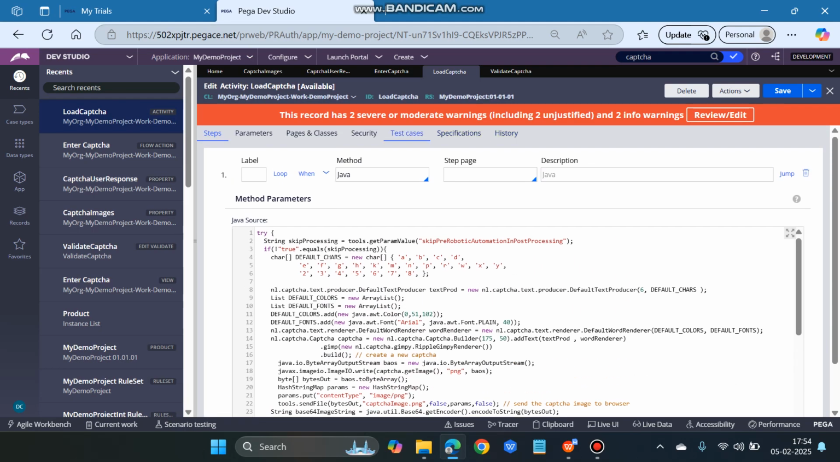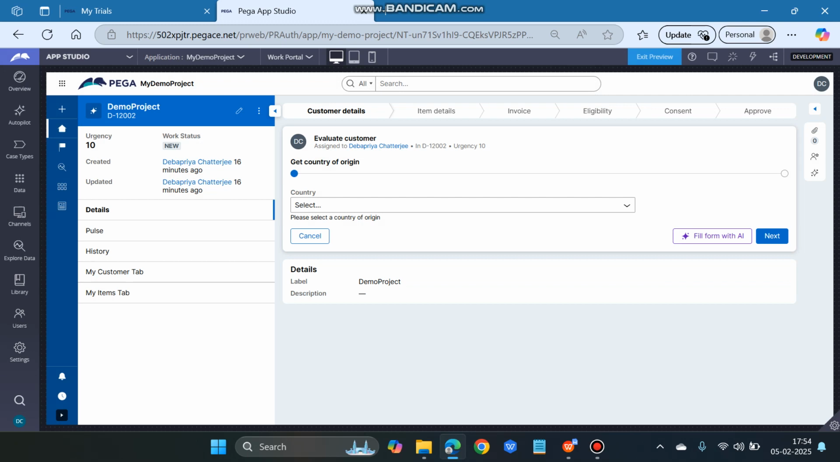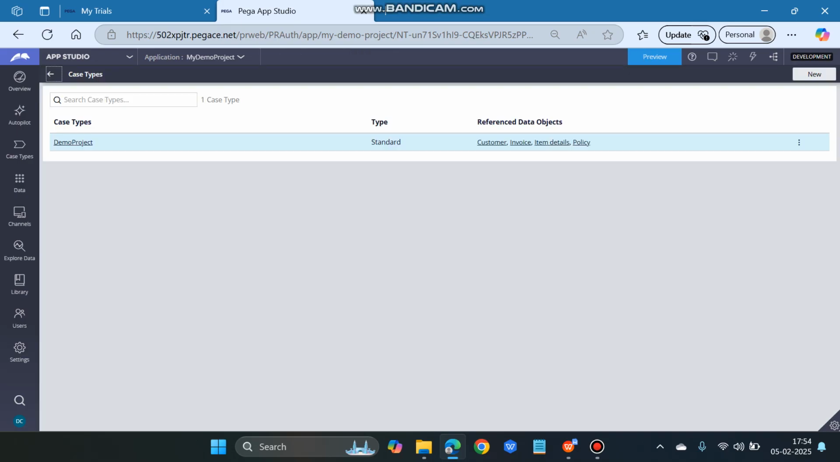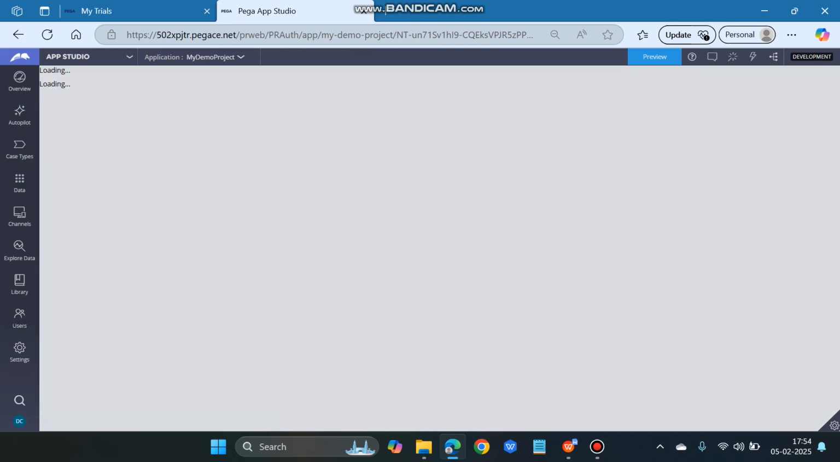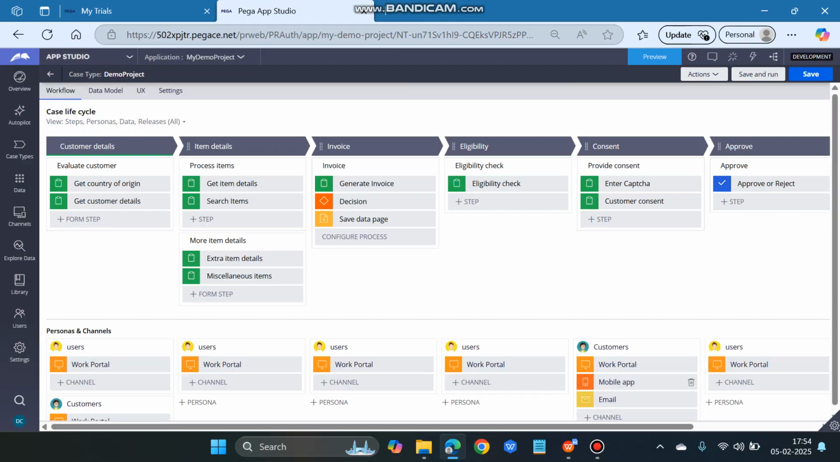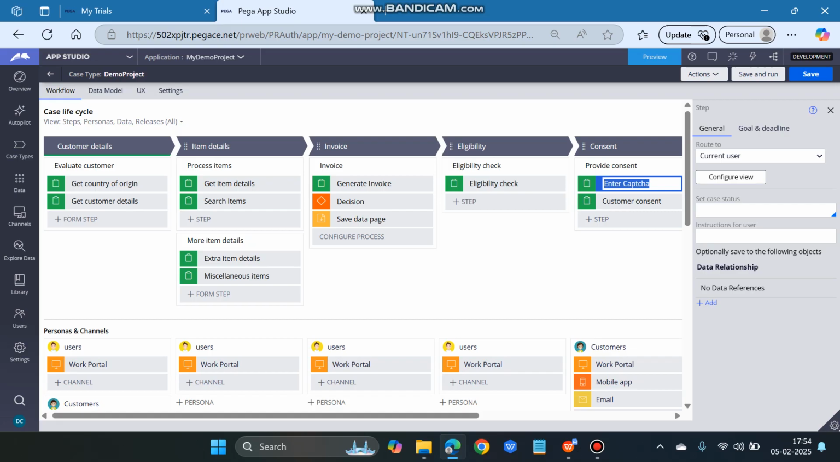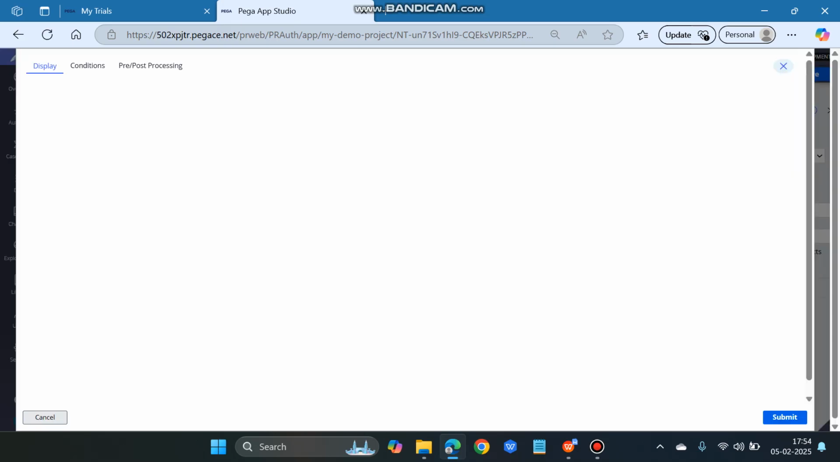So this is it from the dev environment. Now in dev studio, we have to go to app studio. This is my case type. And here in one of the stages, consent, I have created this enter captcha step, and this is the view, configure view. If I click here,